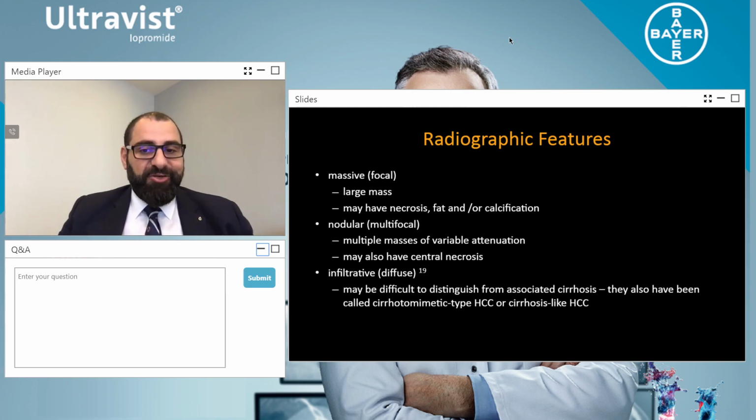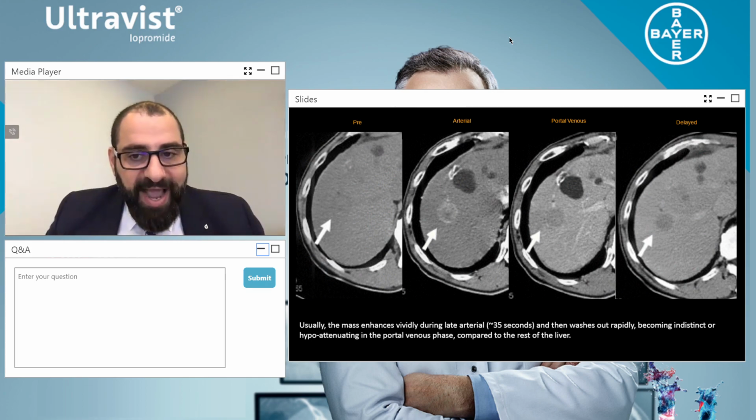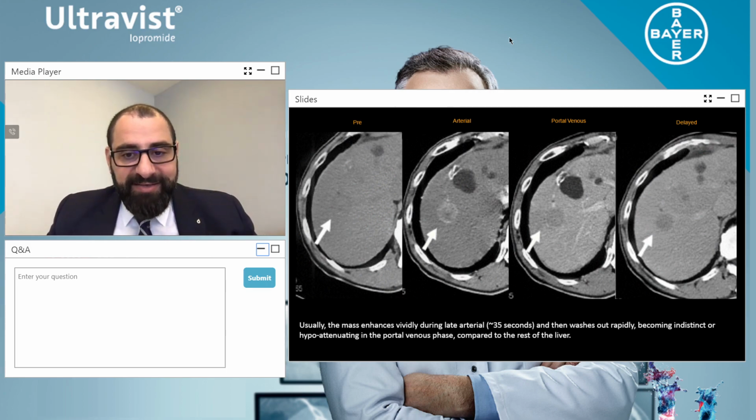So let's take a good look at this example. Here I have a hypodense mass relative to the liver parenchyma. In the arterial phase, I see it's enhancing, but it doesn't enhance like a hemangioma, though it does look very similar. In the venous phase, the wall is still enhanced. In the delayed phase, the wall is enhanced, but the lesion has gotten smaller relative to the liver parenchyma. This means the lesion is still enhancing, but it's very slow enhancing.